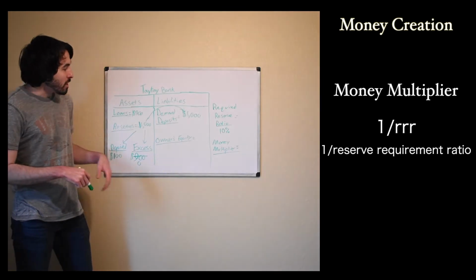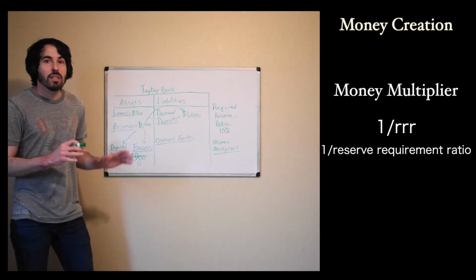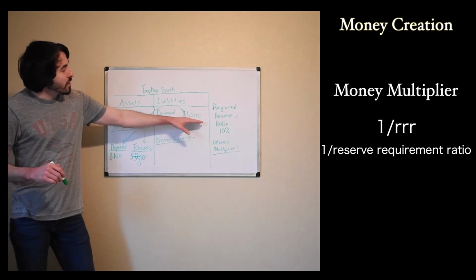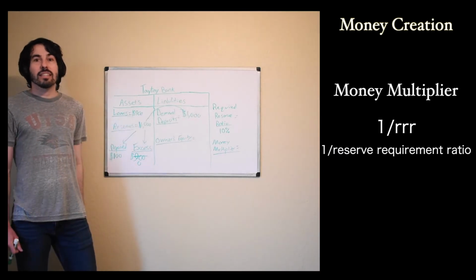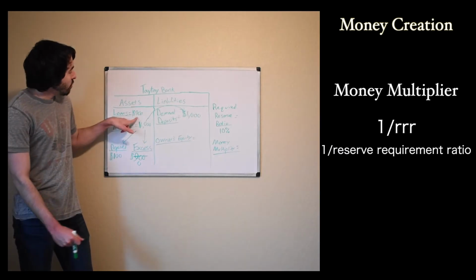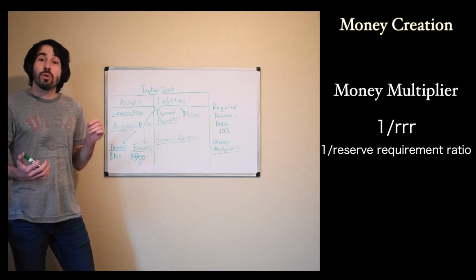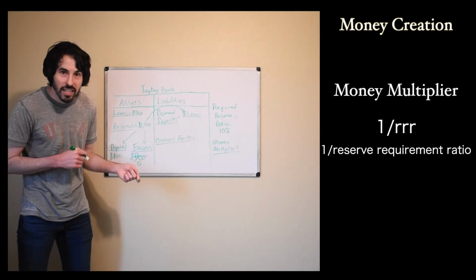The money multiplier is 1 divided by the reserve requirement ratio. Now, the way this works, again, earlier, there was $1,000 in Tay Bank in demand deposits. Let's say that Sarah came in and took out this loan for $900. She's going to either first, before she spends it, put that money into her own checking account so then she